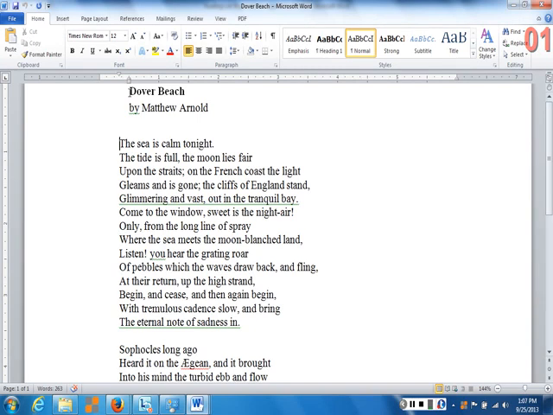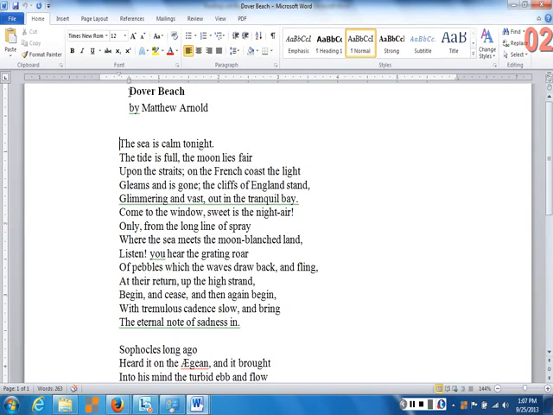on what you see as being the subject, and then notes on wherever you think the subject might actually be changing. And then if at any point you note a particular theme, that is, a particular attitude toward the subject that the speaker has, or a particular point that the speaker wants to make about that subject, then take note of that. So, Dover Beach, you can see it on your screen.